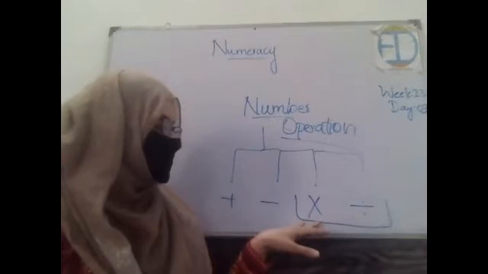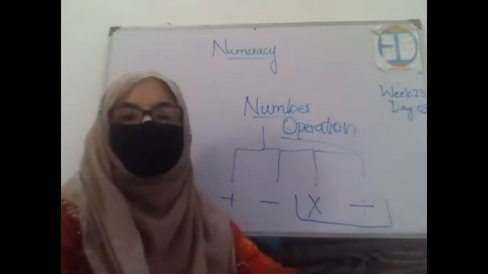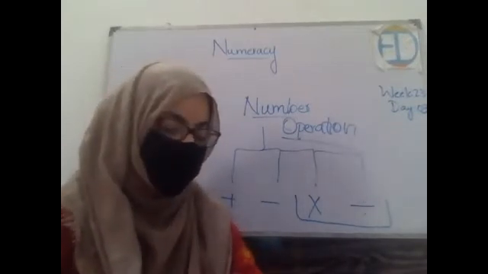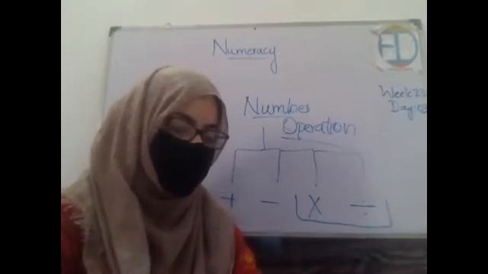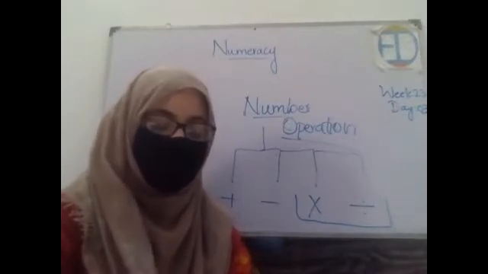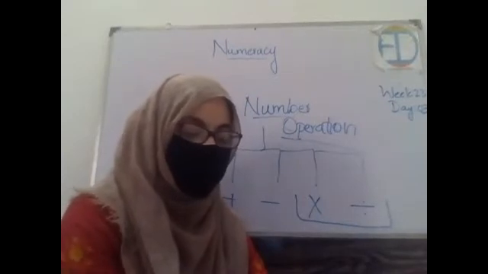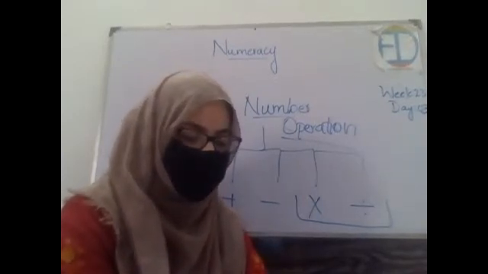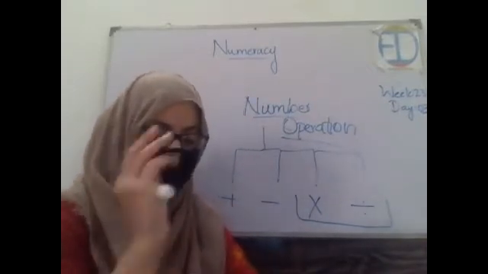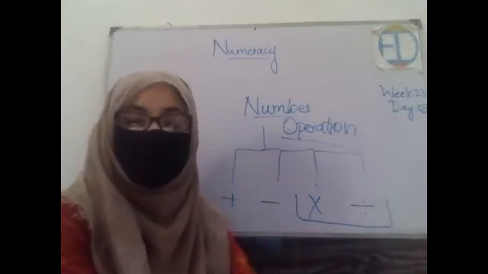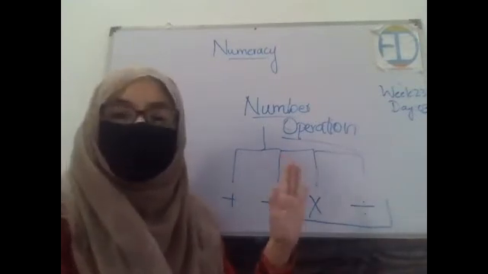So let's start with multiplication, right? So who is going to define multiplication for me? Okay. Can you tell me the meaning of the word product? Or when we say find the product of the following numbers, what does that mean? Product. Excellent. Product basically means that you are supposed to multiply two numbers, and multiply means that you add the same number how many times? The times which is written in front of it.